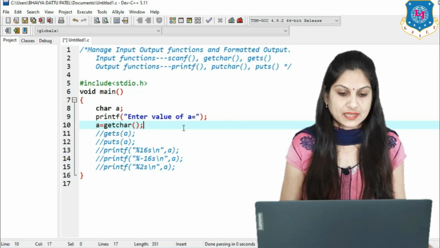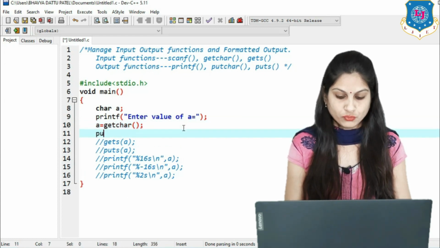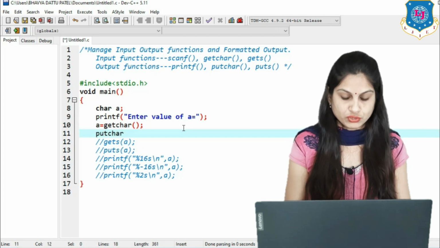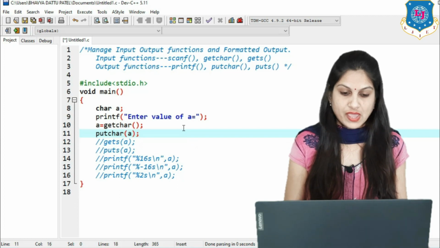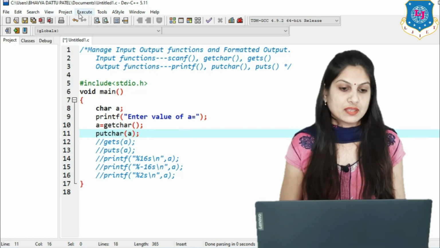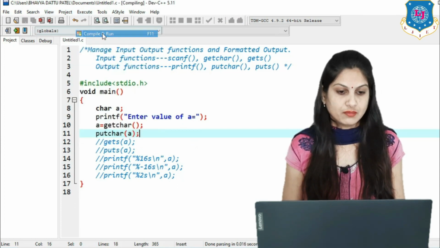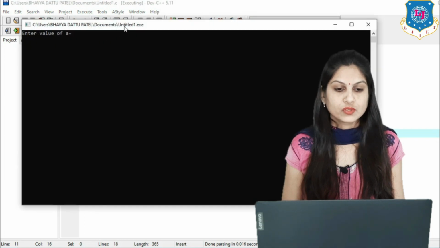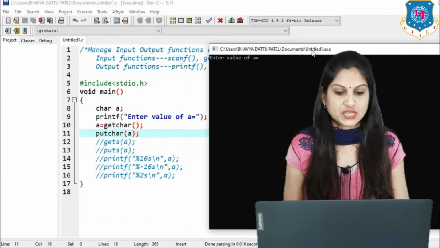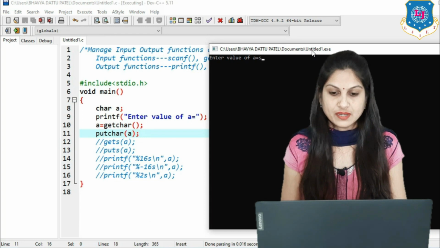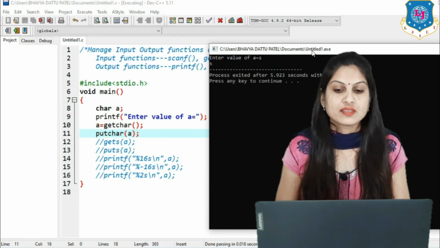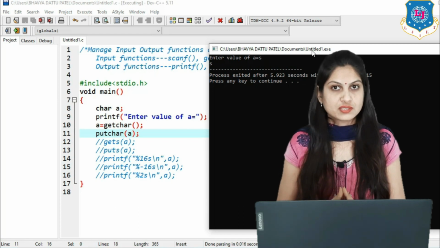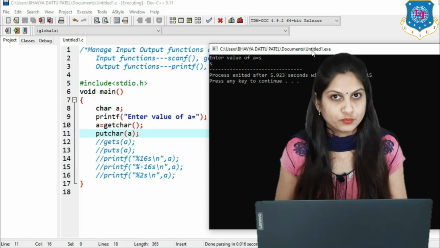So a equals the getchar function, and then we have to put that character using putchar. So simply we have to write the name of that variable in brackets. Execute this program and compile first. You can find the message enter value of a, and suppose I am entering s, then that value will be displayed. So likewise you can use any of the functions for formatted input output.